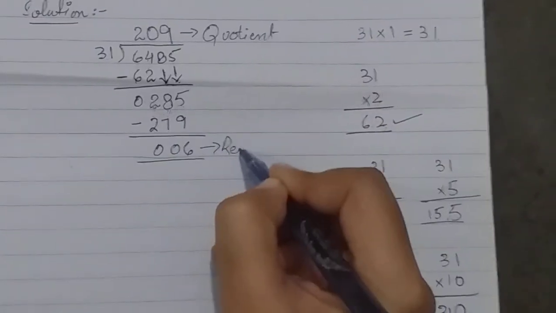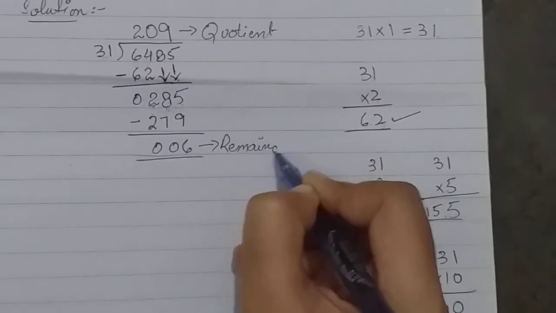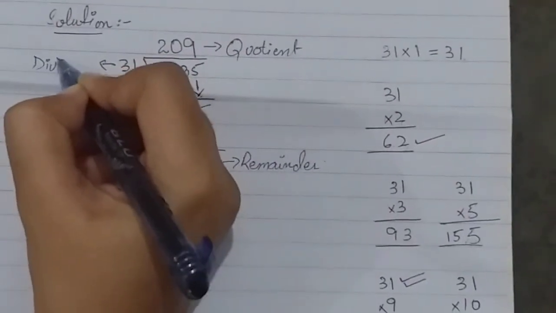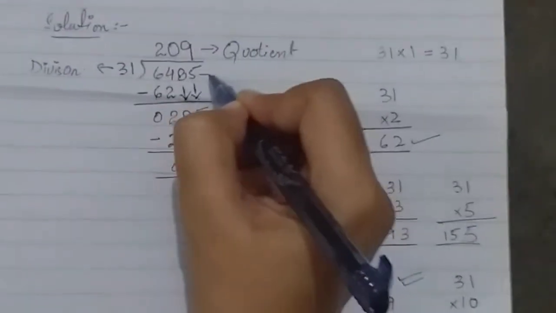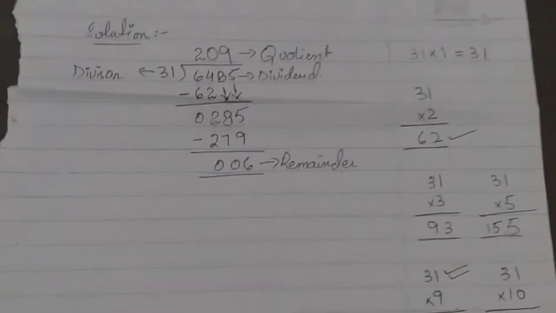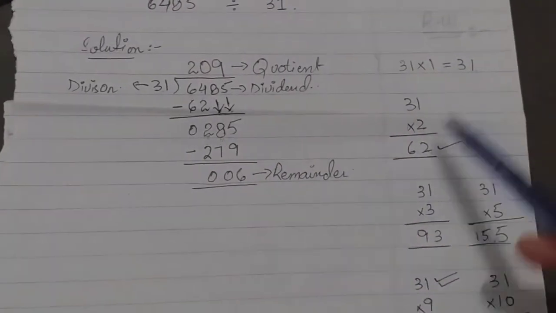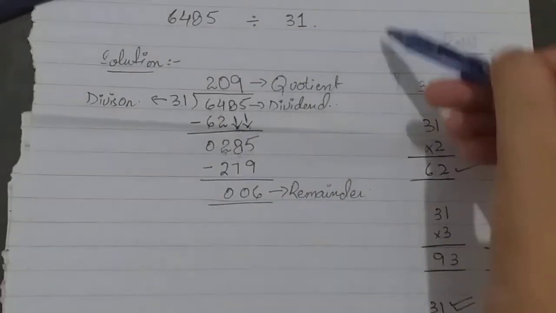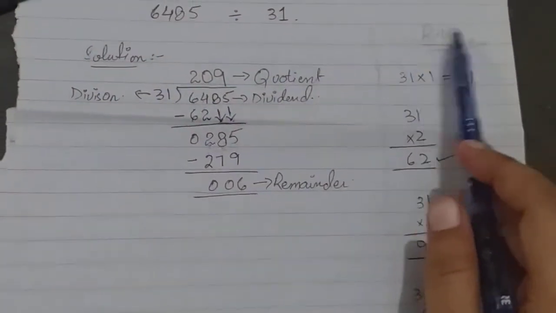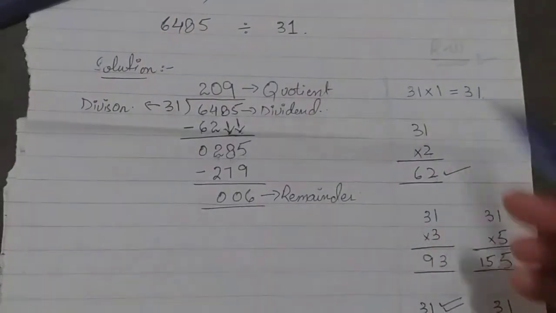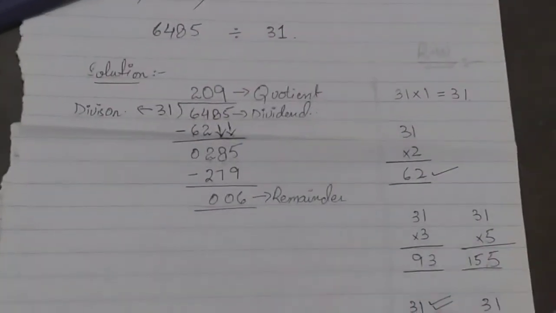This is our remainder, and this is divisor, and of course this is dividend. And remember one thing, you will do this work in the rough column. You will make a column and write down RW, which means rough work, or you can write RC, which means rough column, and you will do this rough work in this column.